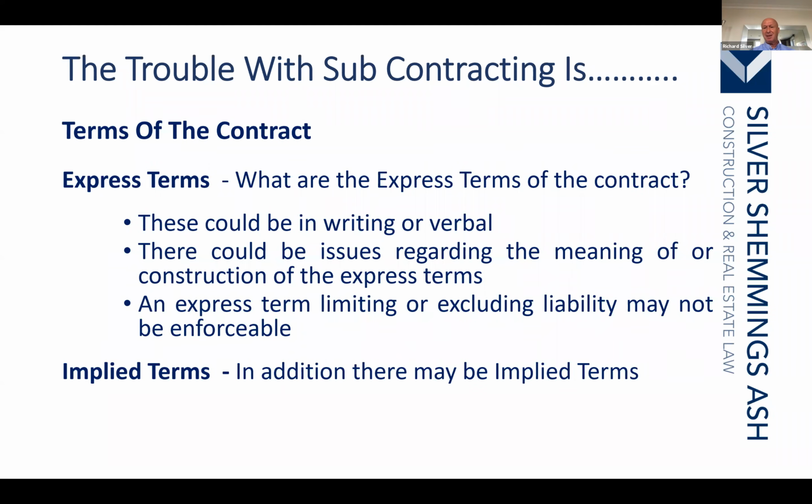Now, when we have a subcontract, we have 2 forms of terms: those that are expressed, which are those that are agreed, and those that are implied, which are those that were not agreed. Not agreed, that seems a bit strange. Right, well, where you have an oral contract, it is any that you have agreed. Where it's an express contract, it's any of those that are written down in the contract. But there are certain things that will be implied into a contract, and they will be either from statute, common law or custom,